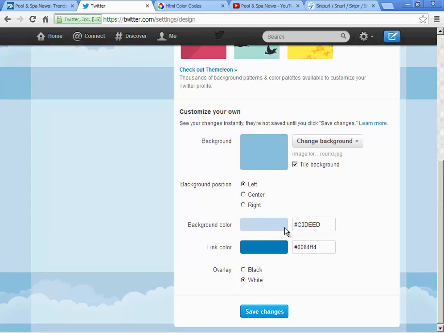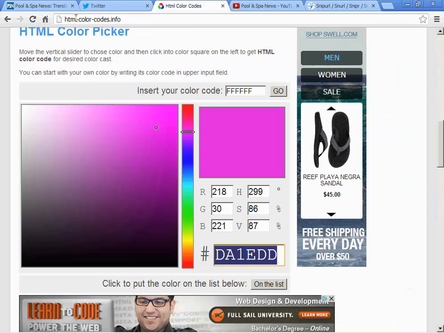You can also change the colors on your profile. You'll see here that Twitter is asking you to use HTML coding. You can easily find this information online. One example is html-color-codes.info. If you open that on a browser,